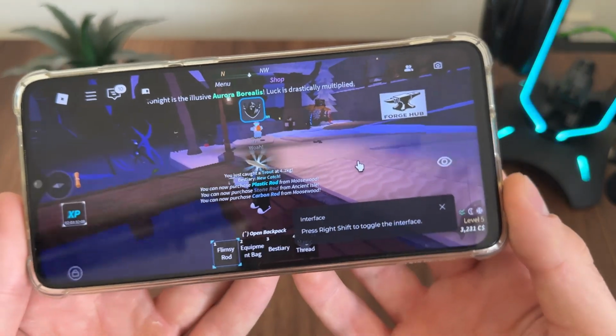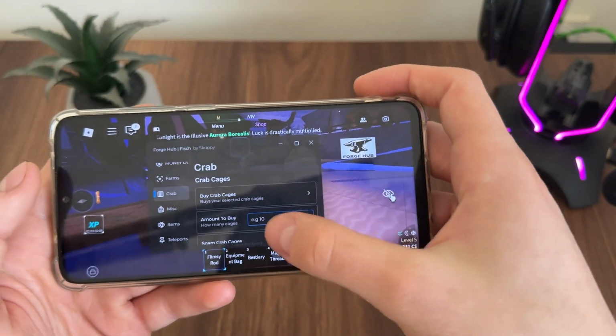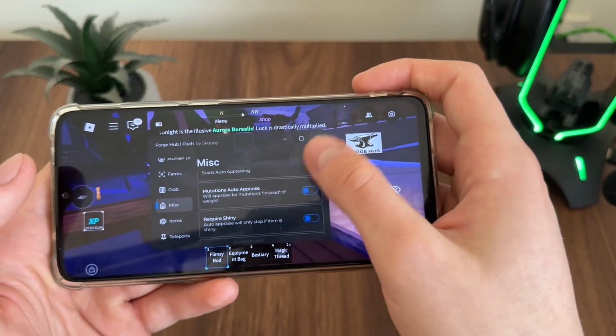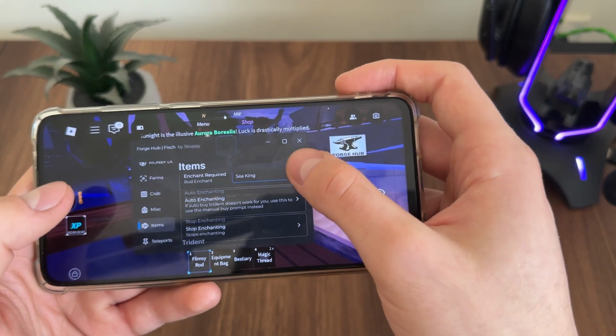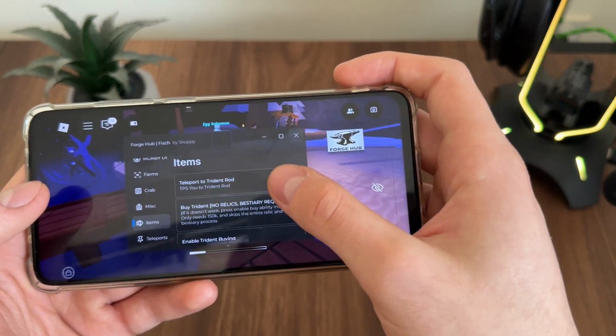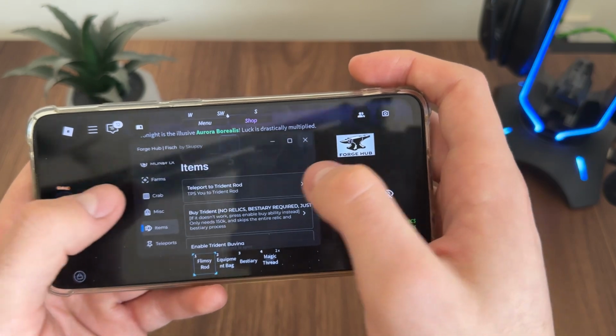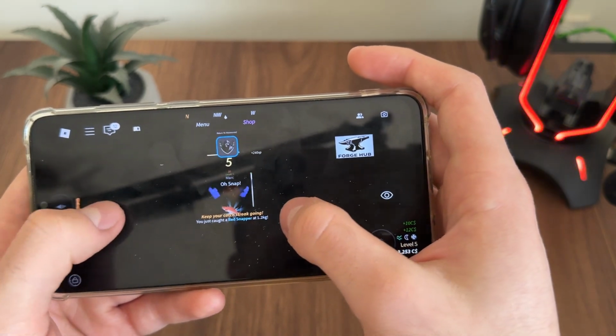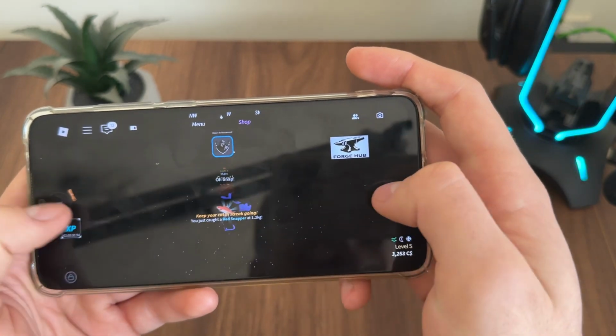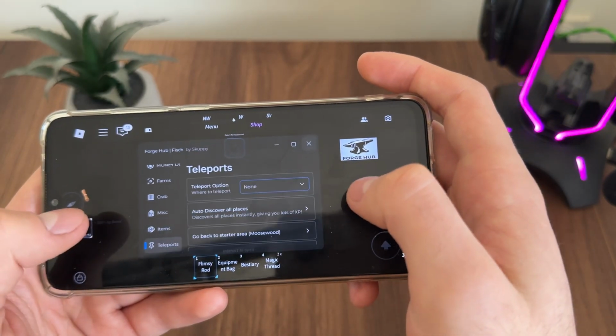It works solo, and you can play with the settings. You have really much settings. You have settings for items, teleport. As you can see, teleport is also working amazing. I don't know where I am. So yeah, guys,